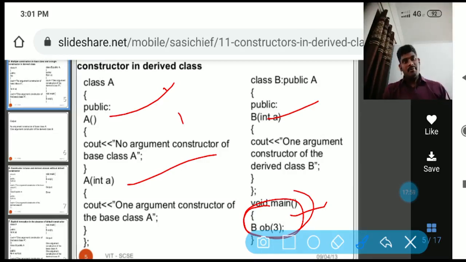And again, we have seen member functions. A member function is nothing but any function, a user-defined function, which may have any name as well as a return type. So this type of function is called a member function. But this is not similar to a constructor. It seems to be the same, but a constructor and a member function are both different.